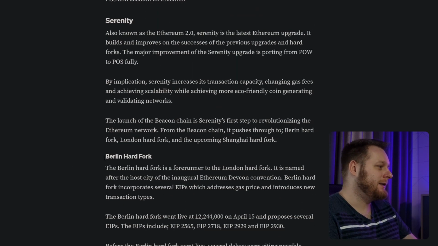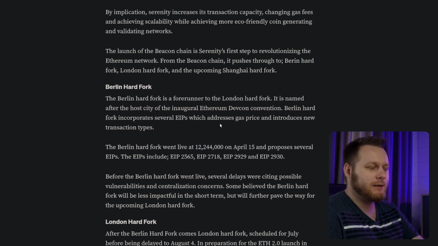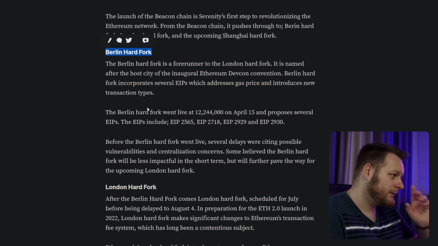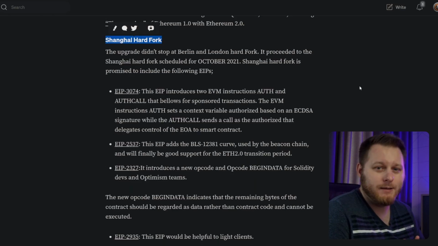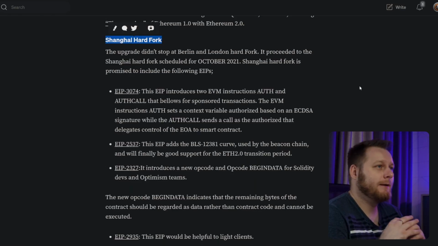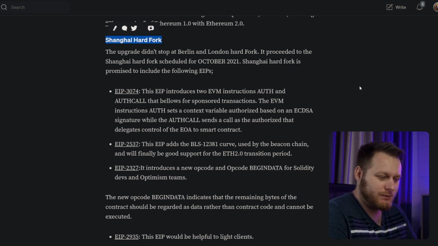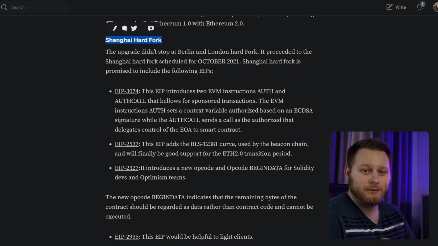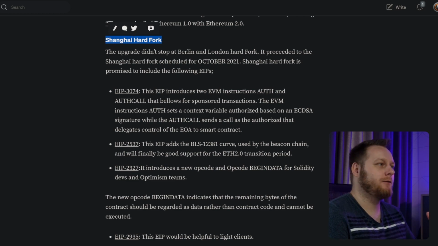Then we have Serenity, then we had Berlin, and actually the oldest hard fork that you can use, for example, in Remix, as I remember correctly, is the Berlin hard fork. Then we had London hard fork, Shanghai, and the others, but those are the official ones. But now we have many L2s that are, as they call it, EVM compatible, but they are actually not, and they can be considered as hard forks